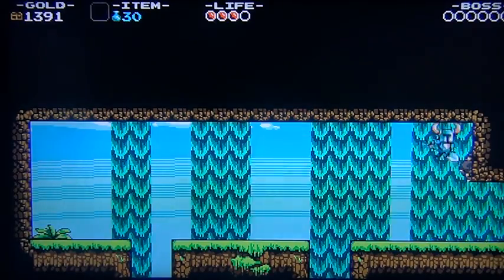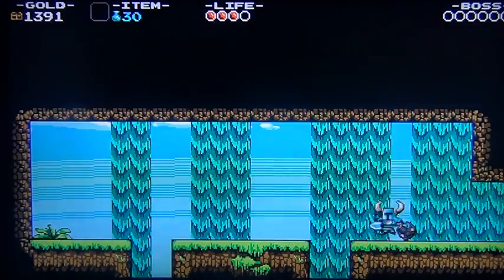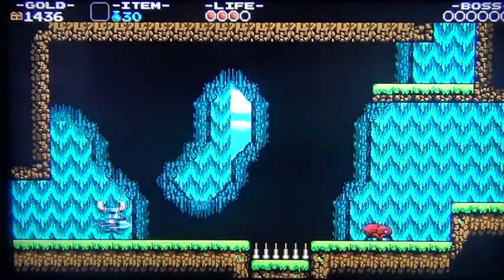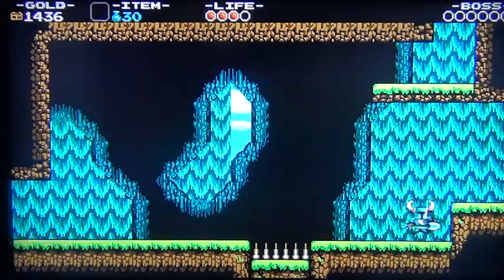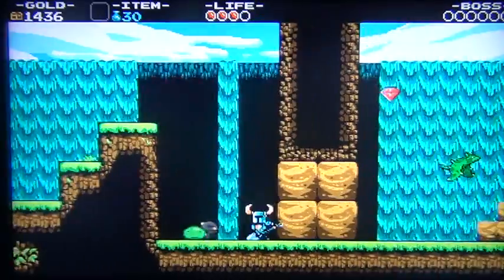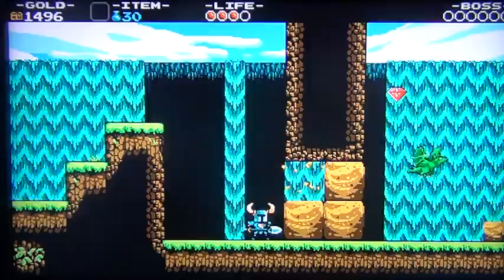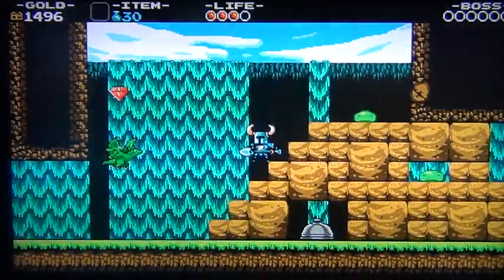Various different pickups there. You saw me just pick up a semi-hidden jewel pile off the wall there. You just saw me pick up a scroll, a music scroll. You hand those to a bard at towns, because it's sort of got RPG elements. You've got these action stages, and then you've got your areas